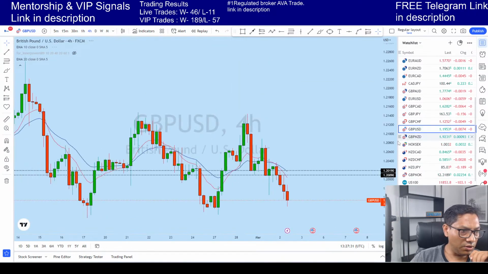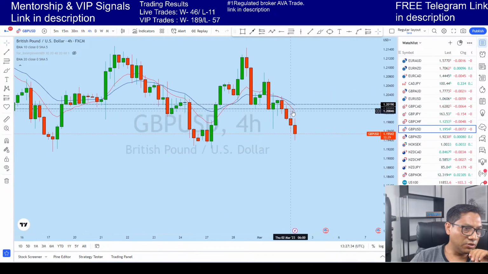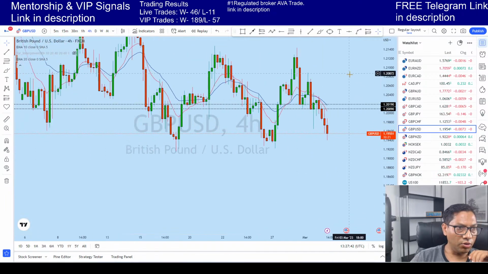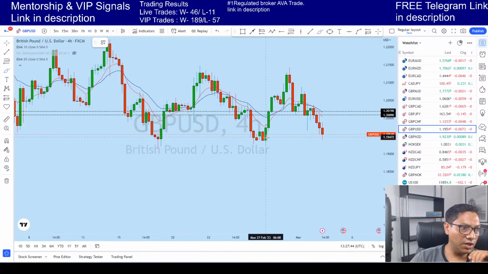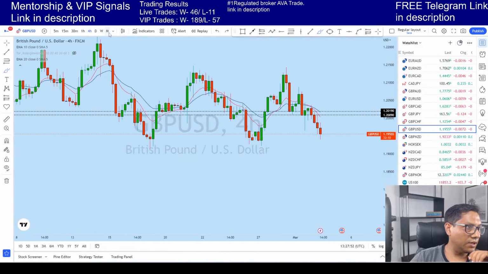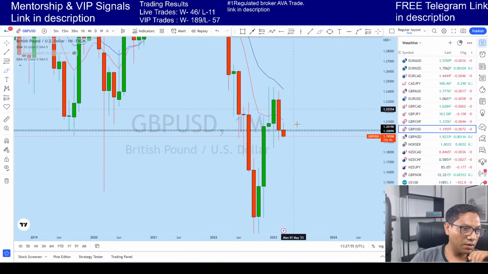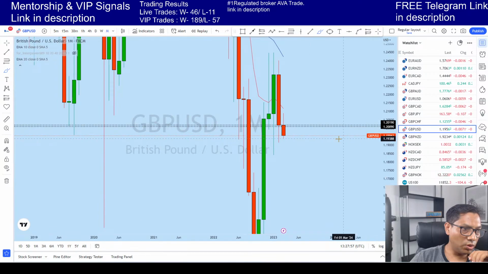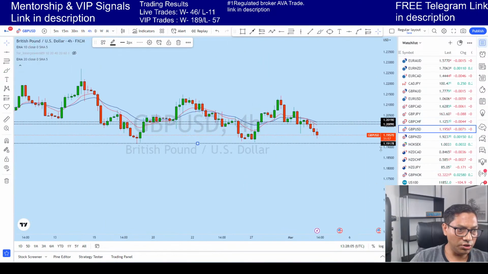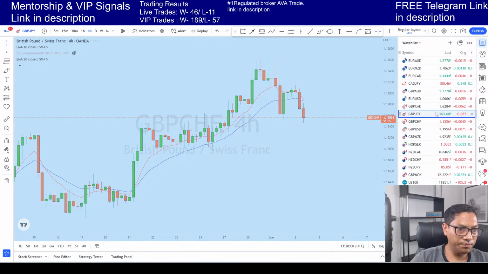Next is GBP USD. On GBP USD, you see there is a middleman. This is exactly what was expected in the analysis, and we see that this market is also preparing for a drop. You can see that on GBP USD it formed a clean head and shoulders, and then the price is slowly breaking down. If you look at the monthly, after this bearish candle we might see it break this monthly low, and then probably after that we might see a move to the upside again. So GBP USD still has a probability to drop.